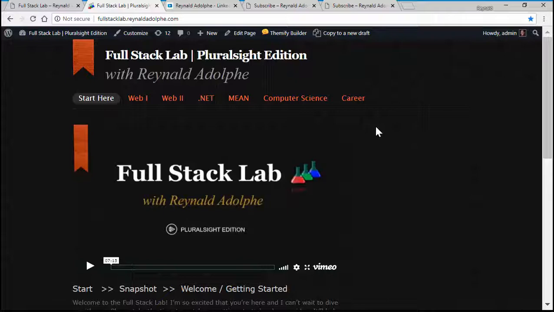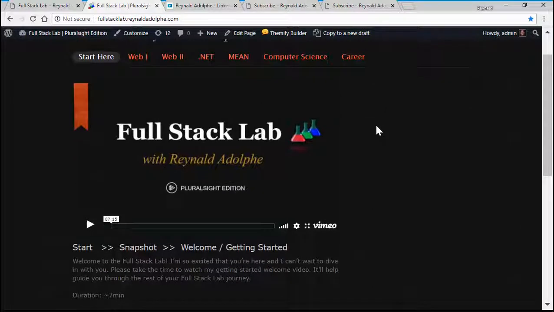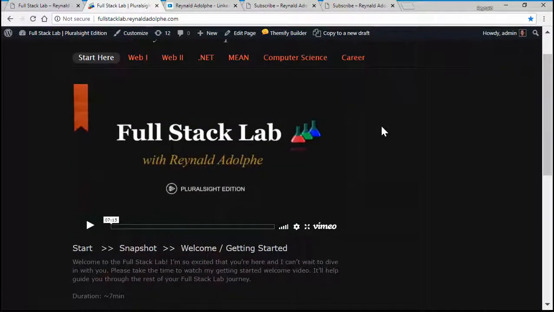And one last thing actually I want to mention, this question has come up before regarding the structure of this full stack lab. The structure of it is me guiding you through your journey of becoming a full stack developer. So for each section, you'll start with a video of me telling you exactly what your assignment is going to be and prepping you for the course that you are about to take, just by telling you exactly what you're going to cover and what I want you to get out of it, what to focus on,